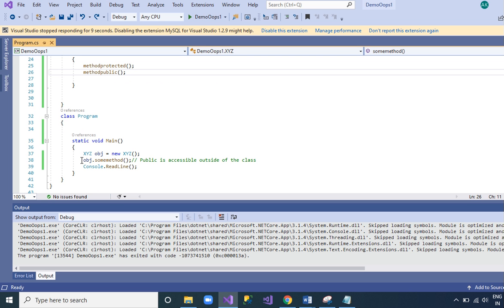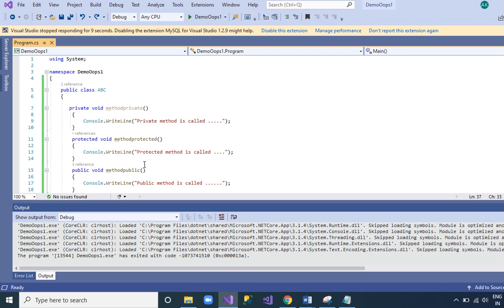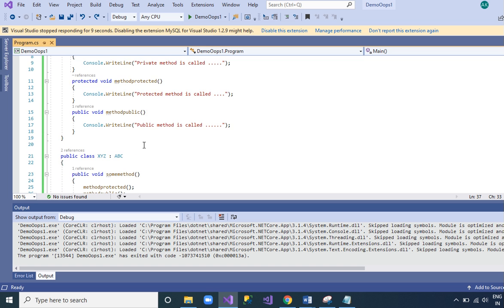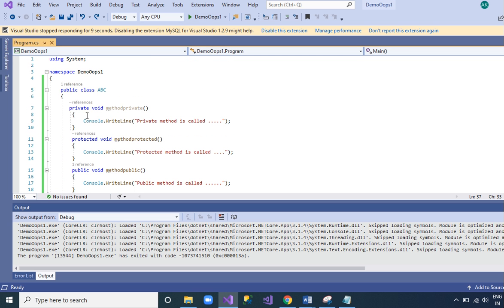So public is accessible outside of the class: if the base class is inherited and you create the object of the child class, then you can also access the public property. It is very simple to understand. In abstraction we will understand how we can access the private method also.